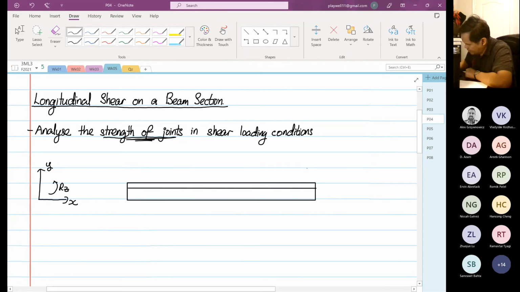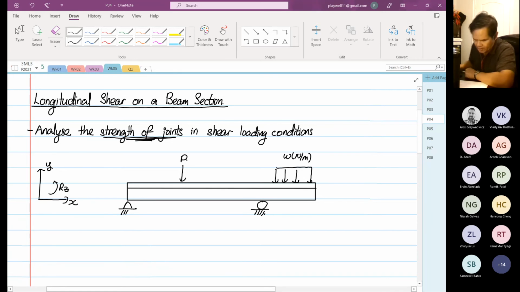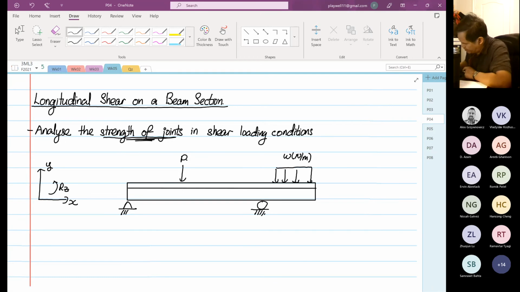The beam is an overhang, for example, for this case, and then you have loads in this sort of region. So you have omega Newton per meter, you have a P, and then this beam